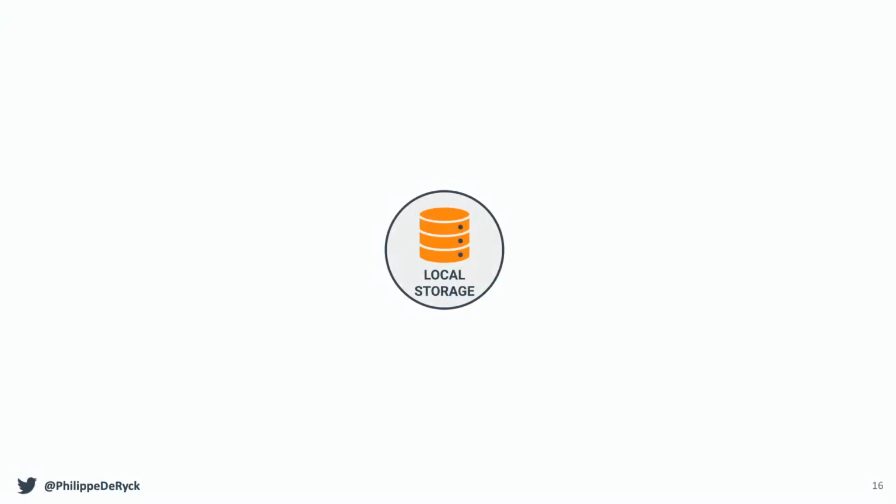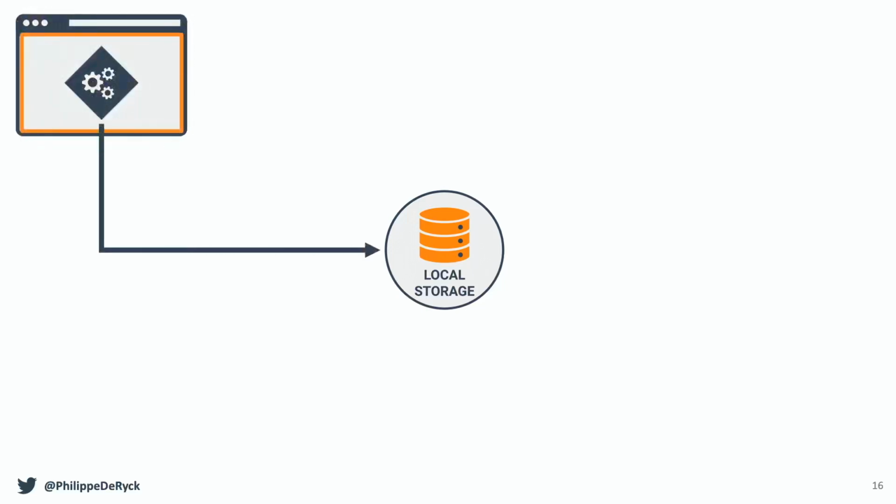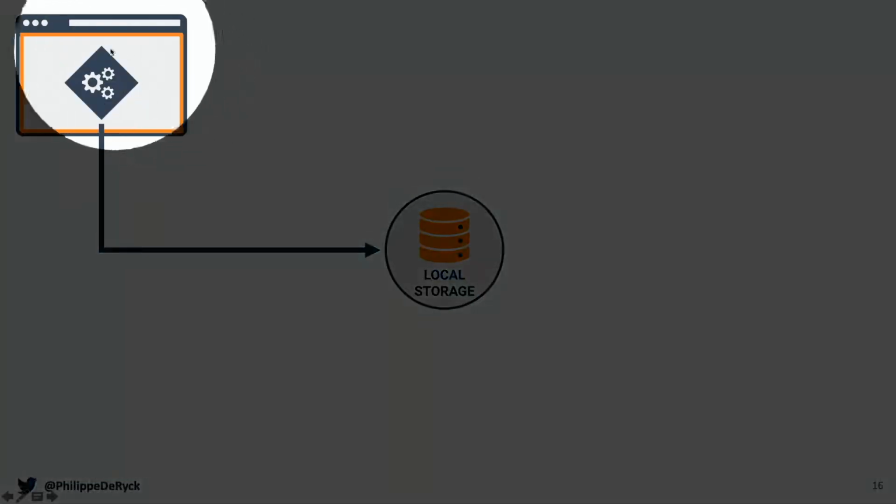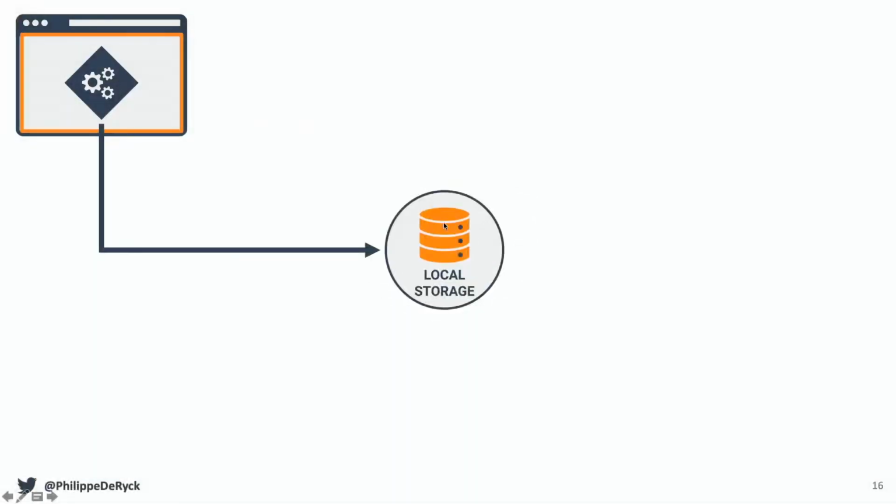Look at 100 tutorials, 99 or 100 are going to say put it in local storage. What does this mean? Well, local storage is an area in the browser that is isolated per origin. So if you have an origin, https example.com and port 443, that's an origin. That's represented by the orange one here.